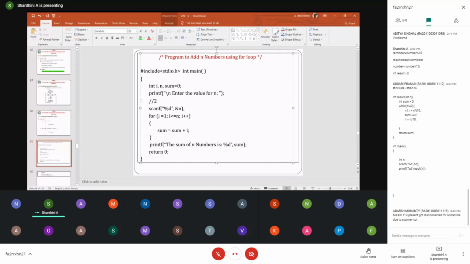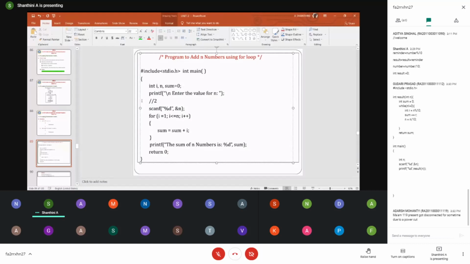Now my i becomes 3. 3 is less than or equal to 2, condition false, it will not come inside the loop. Finally it comes out of the for loop and prints the sum to be 3. So the sum of numbers 1 and 2 is 3. This we have seen using a while loop. The same thing has been executed using a for loop.